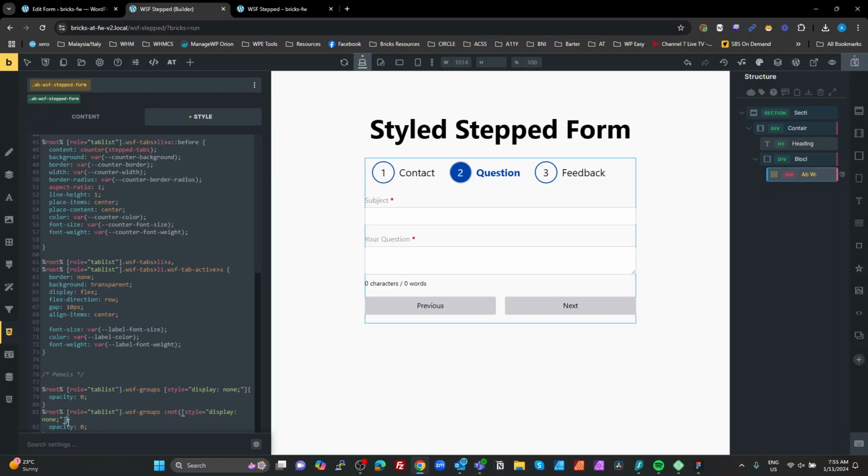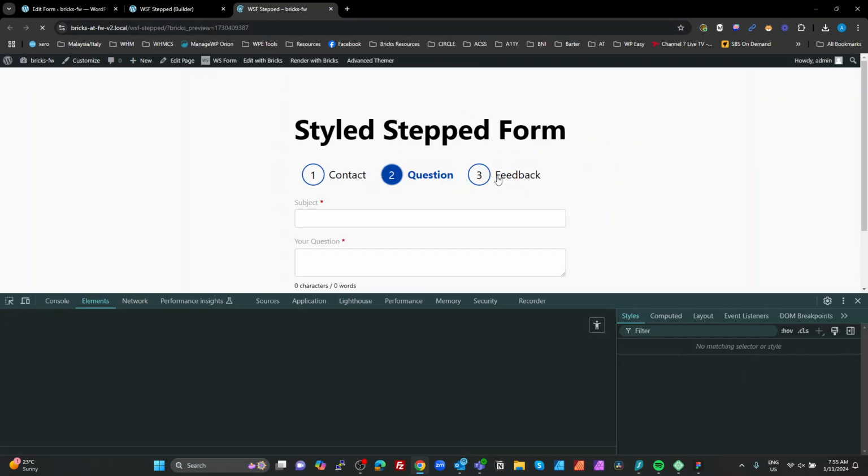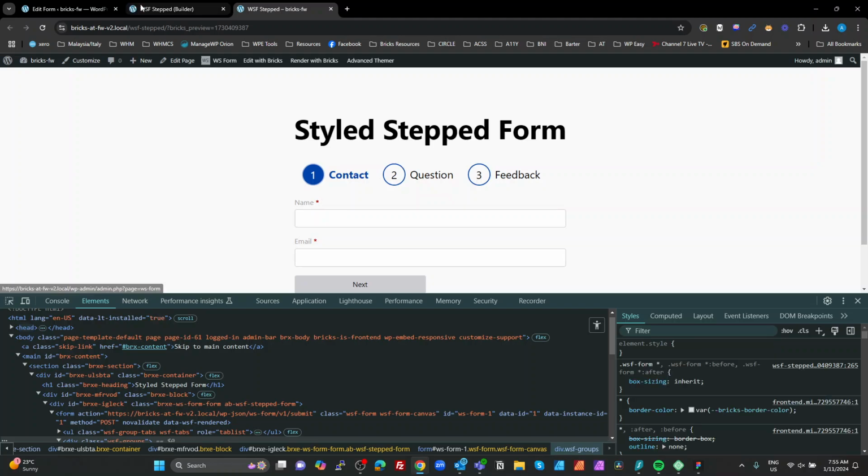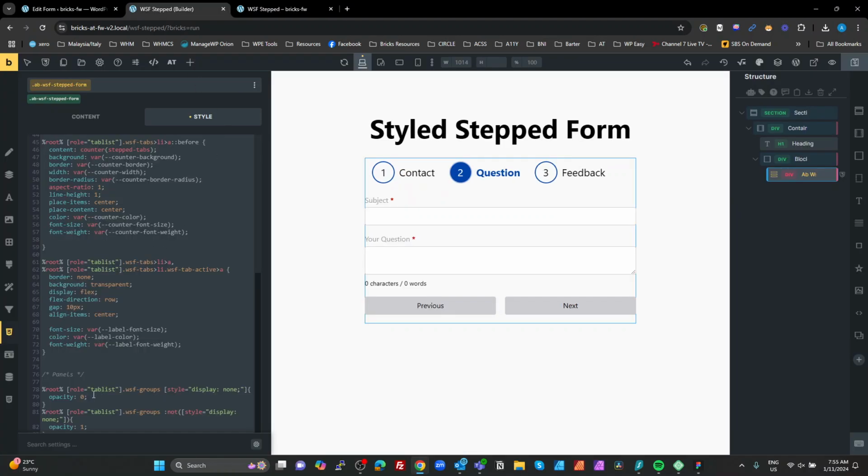Style display none. We can set that to be opacity of 1. All right, save that, have a look, and it's doing exactly the same thing. What if we put a transition on that? If we put a transition of all 1 second ease, save that,